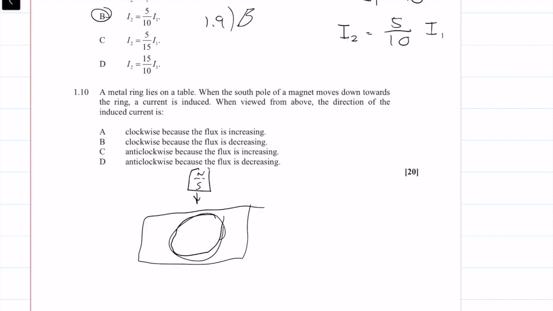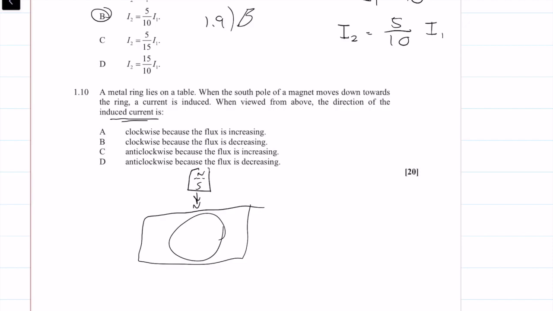When viewed from above, what is the direction of the induced current? So what direction is my current flowing in? Okay, so if I move my magnetic field inwards, then a north is made here. A north magnetic field is created